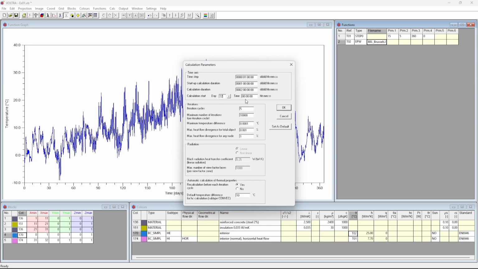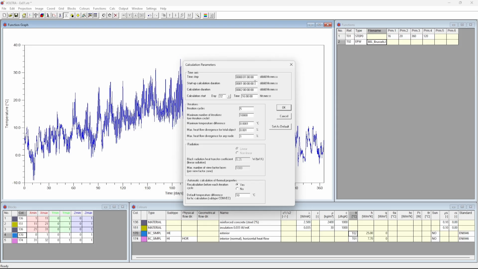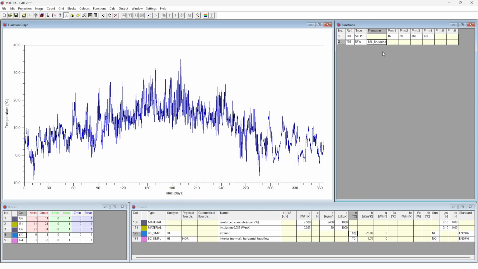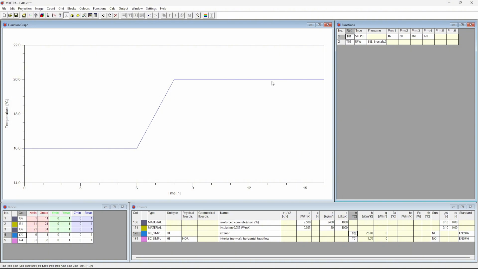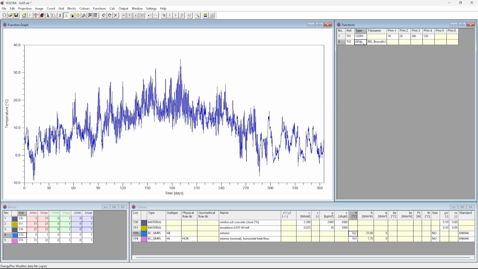If we begin the calculation at 4 p.m., enter 16 as the starting hour. Set the time step to 1 hour, the startup duration to 1 day, and the total calculation duration to 2 days. Return to the Functions window. The internal temperature remains defined by the Step 0 function, fluctuating between 16 and 20 degrees. The outdoor temperature is now linked to the EPW file, and the 2-day profile beginning on February 1st is selected